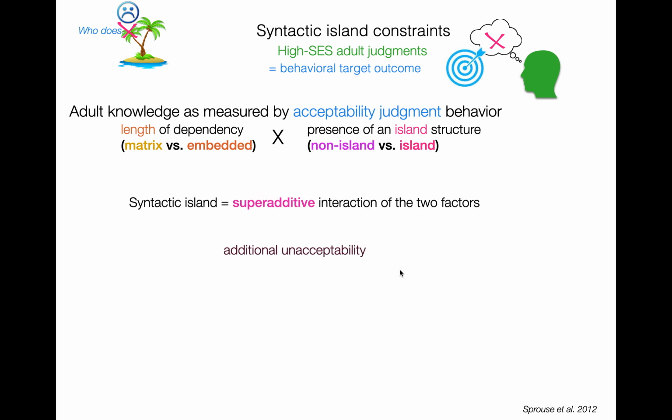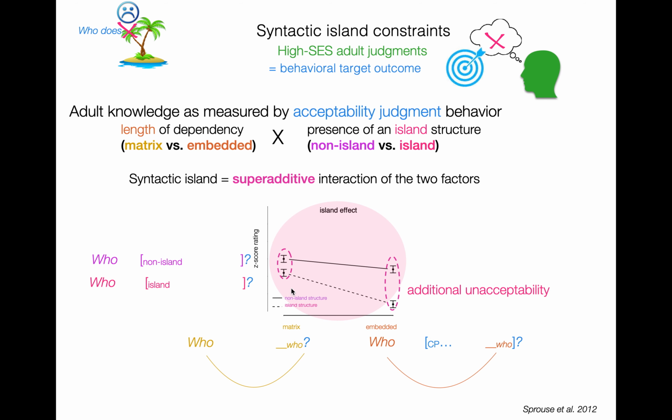So let me just show you what this looks like, right? We have an interaction plot here. On the x-axis, we have whether it's a matrix dependency or an embedded clause dependency. On the y-axis, we have z-scored judgments, right? So higher is more acceptable, lower is less acceptable. And what we're showing you is, with the solid line, the non-island structure utterances, and